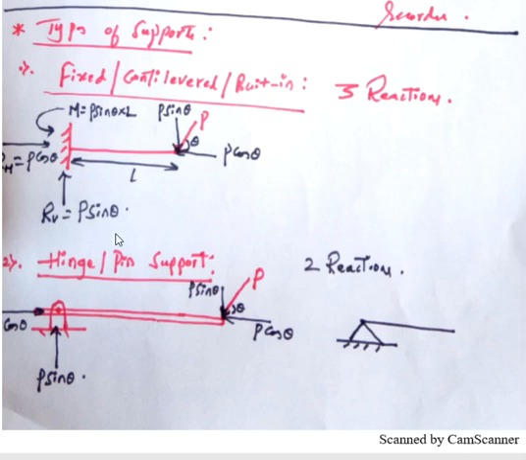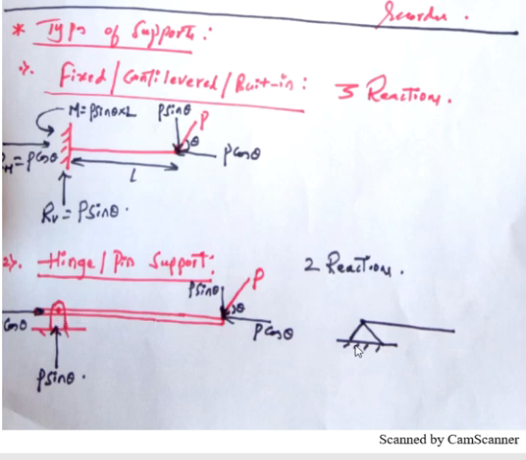Then the second type of support is also called hinge support or pin support. There are two ways of representing the pin support. This is one symbol, where it is represented by a plate. Actually there are two plates parallel to each other, but when we look from the front view, it appears to be only one plate, and in between those plates there is a beam which is fixed, and through the beam a hole is drilled, and inside that hole a pin is inserted. So this is how the beam is held inside this support.